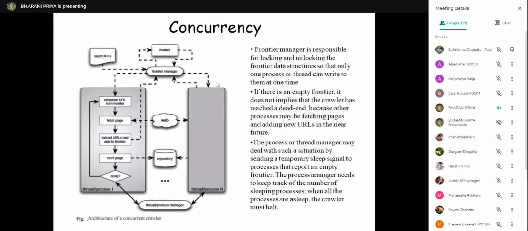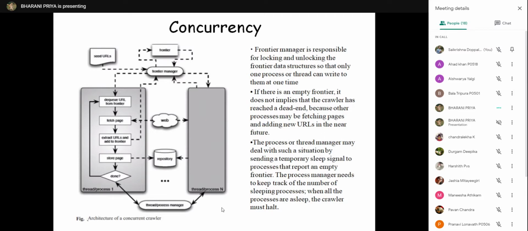Some other processes may be waiting for the release of the lock so that they can add URLs to the frontier. The thread process manager deals with such situations. If any process locks the frontier, it makes other processes sleep for a while until everything completes. The thread process manager is responsible for halting a particular process.